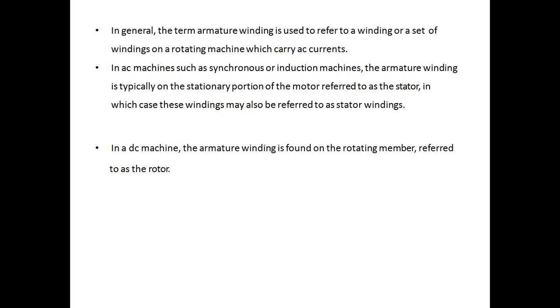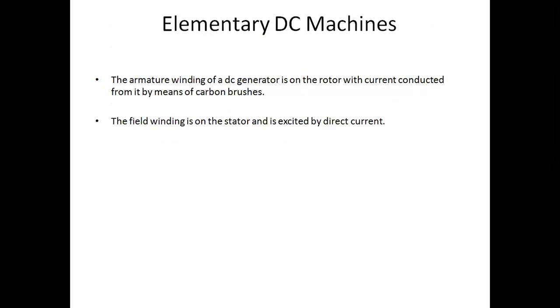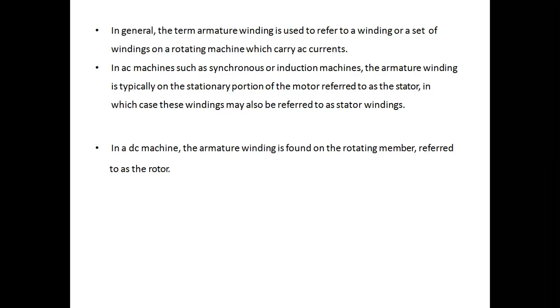Sometimes there will be a question in MCQs like whether it is the rotor or the stator. So this winding may also be referred to as the stator winding. And here we are saying the field winding that will be parallel with the DC armature. That is nothing but the rotor. But what we are saying, this winding and this armature winding will be working as a stator in the AC machines, in the induction machines. But if you see the DC machines, we are saying the armature winding is found as a rotor because it is the rotating member of the DC machines.